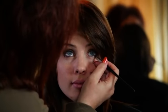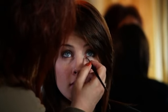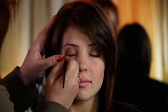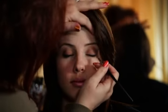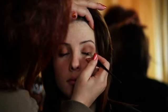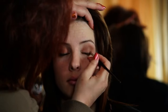Go. Great. Good. Now go ahead and close for me. And here we go right across the top. And now we've got liner